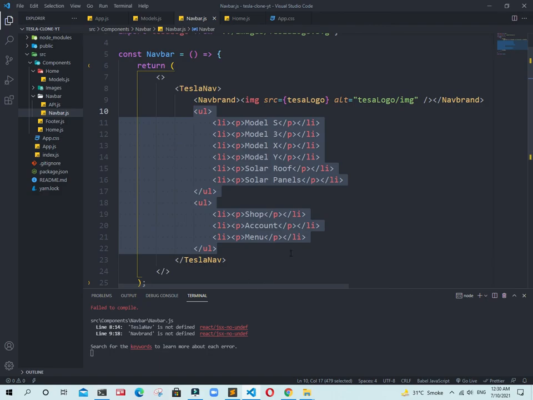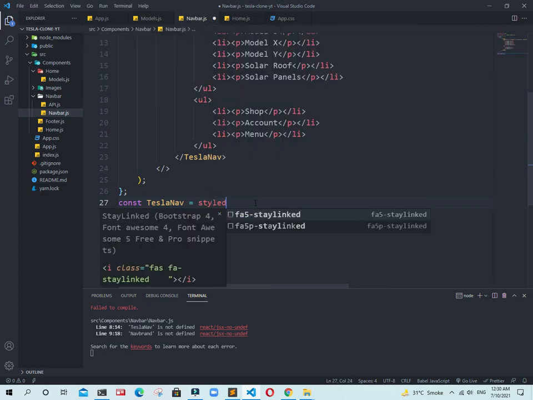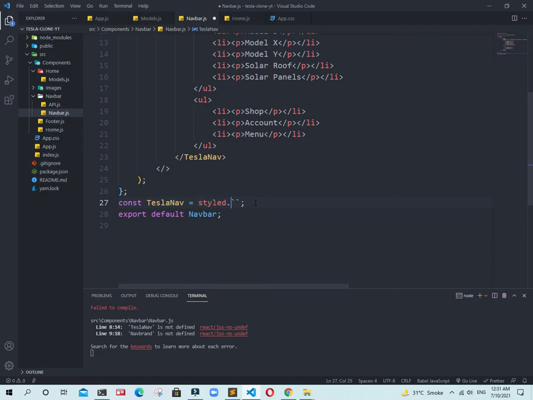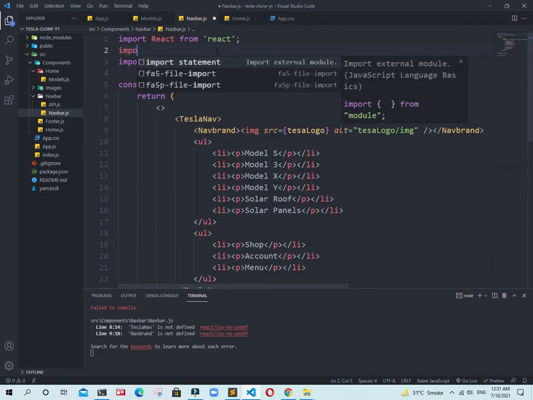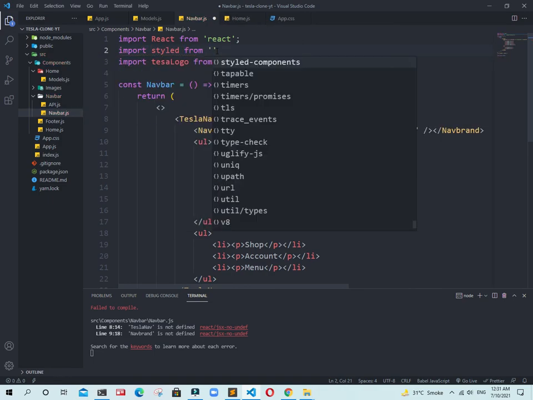Now we need to style this one. Go to the bottom and just add a const, TeslaNav, styled dot, as a div. Maybe we need a nav. Yes, we need a nav. We need to import our styled-components, styled from styled-components.